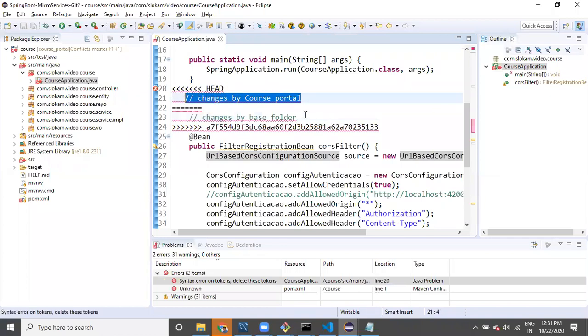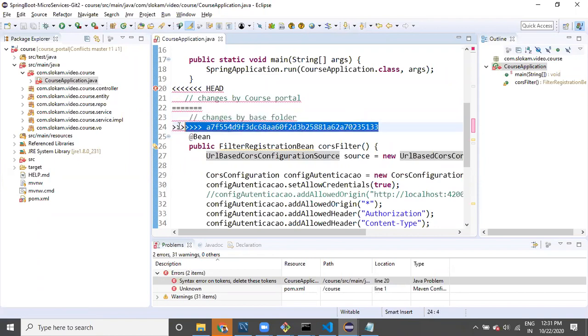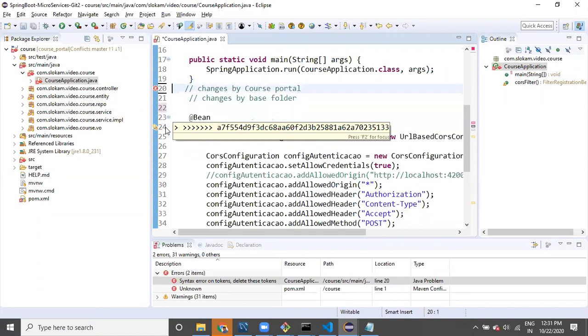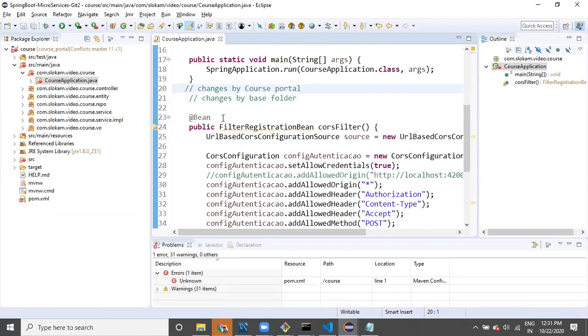But in the same file, in the same line, it has been modified in the server repository also. So which changes does it have to take? If both changes are required, you can remove this extra data and provide it like this. You got the new version and new changes, right?